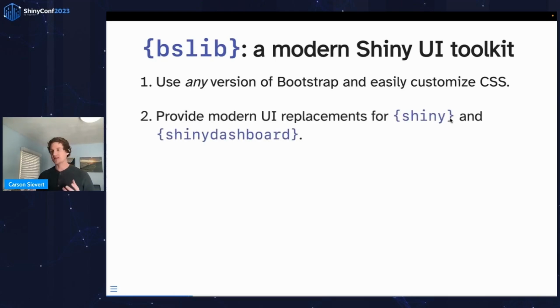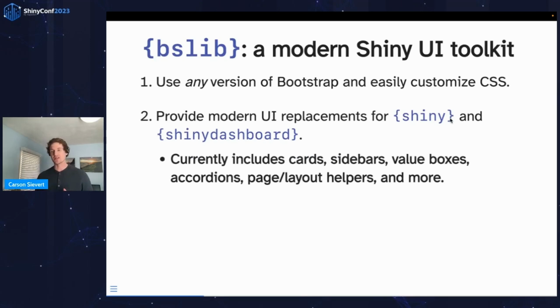But the meat of the talk today is about how we've been slowly thinking about increasing the scope of this bslib package to be the new home for building out a modern UI toolkit that could replace not only Shiny, but Shiny Dashboard as well.